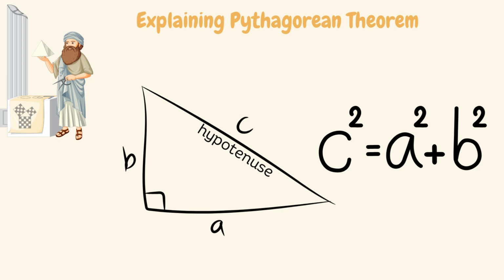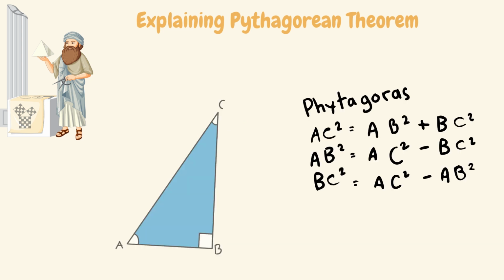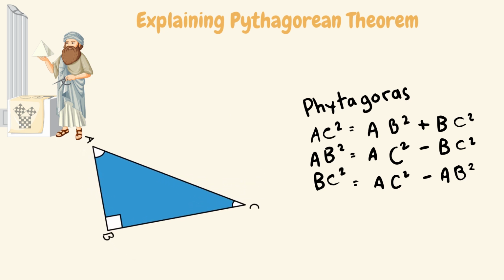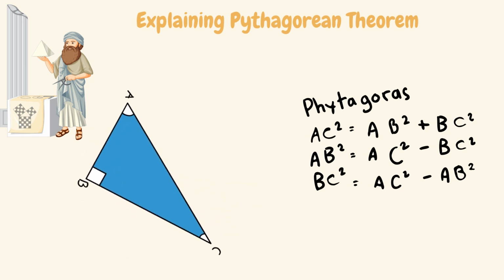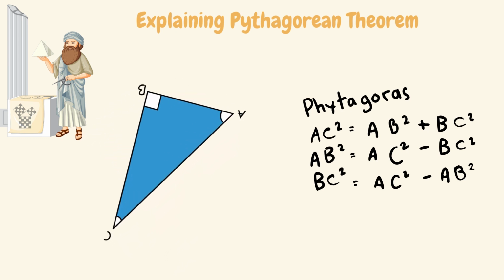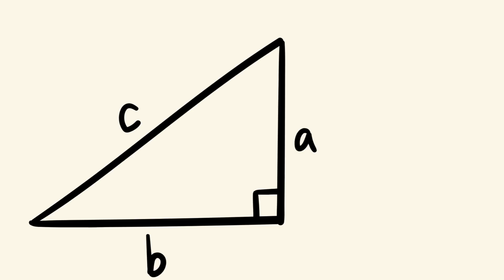This relationship holds true for all right-angled triangles, regardless of their size or shape. It's a powerful tool that allows us to solve for unknown side lengths and understand the relationships between sides of a triangle. Let's suppose we have a right triangle with one leg measuring 3 units and the other leg measuring